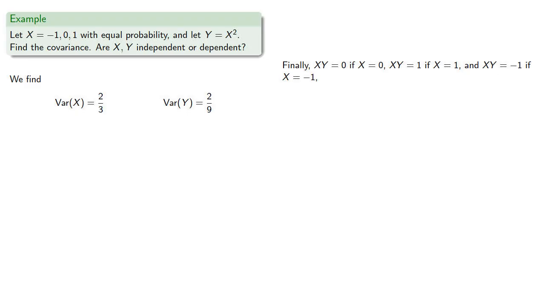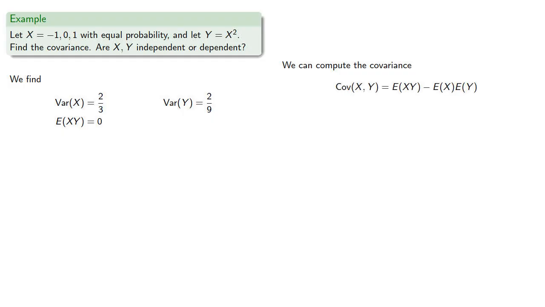Finally, the product is 0 only if x is 0, and the product is 1 if x is 1, and the product is -1 if x is -1. And so the expected value of the product is, and we can compute the covariance, the expected value of the product minus the product of the expected values, which will be,